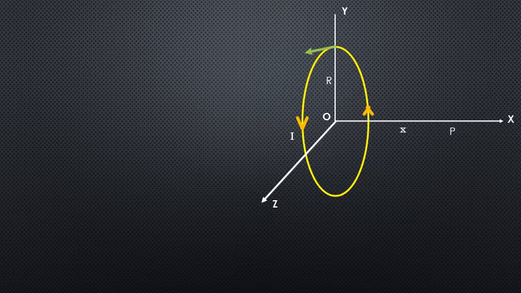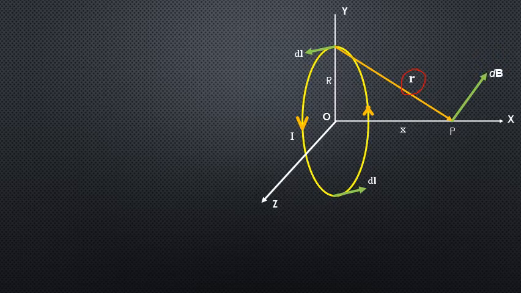Now we take a small current element dl in the loop, and we can easily find, using Biot-Savart law, the magnetic field at point P due to this small current element dl that we have taken here, this particular element. So that is what we are going to do. Now we draw a line joining the current element to the point P, and we name it as the displacement vector r.